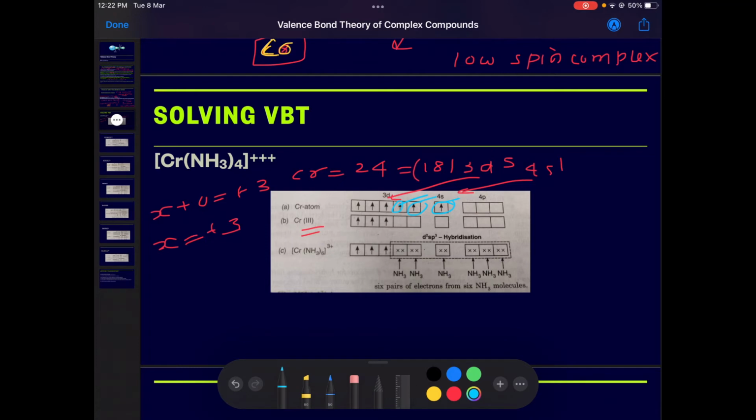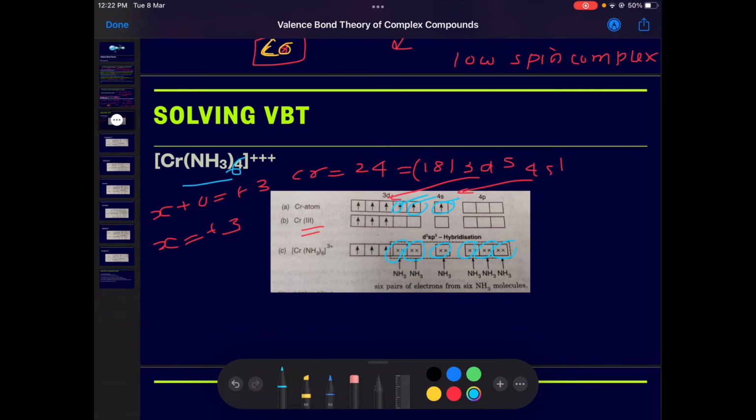chromium 3d3. Now, since ammonia is acting as a weak ligand, all the time it will act as a weak ligand. Only in the case of cobalt it will act as a strong ligand. So here the ligands will participate in bond formation, and each will donate a pair of electrons to the central metal atom, that is chromium, by means of a coordinate bond. So it will donate 2, 4, 6, 8, 10, 12 electrons, because this is NH3 and there are 6 of them. So this is Cr(NH3)6, and this will become